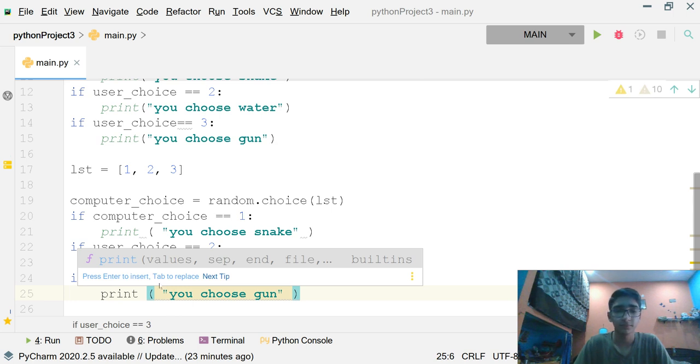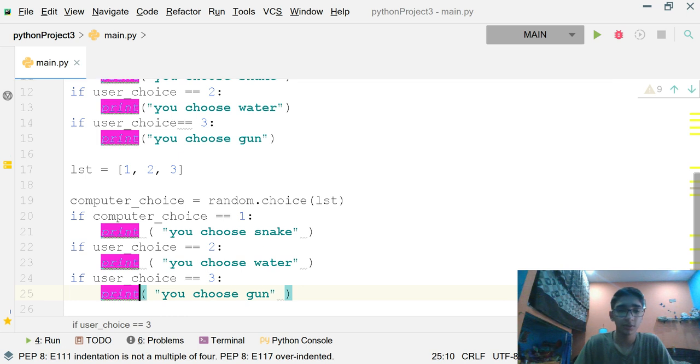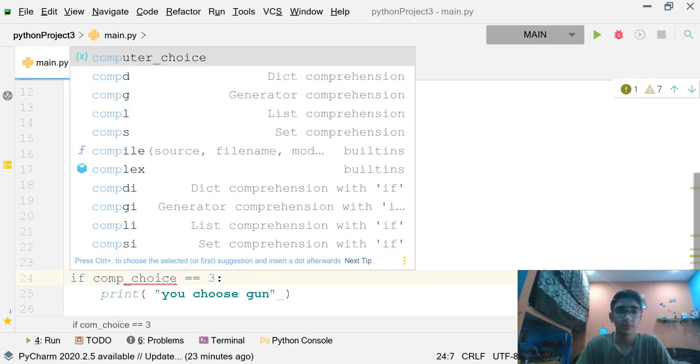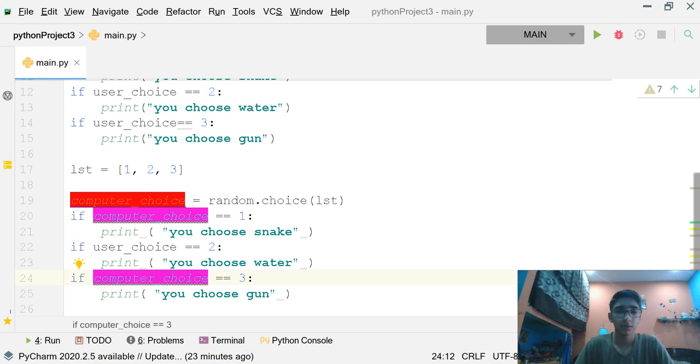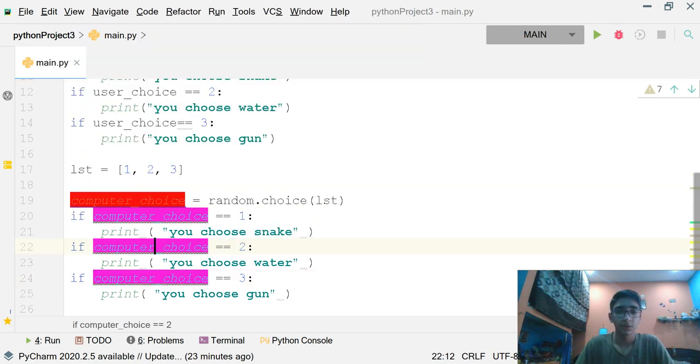Okay, that would be good. Now if computer, here it will also be computer, and I think that's good.